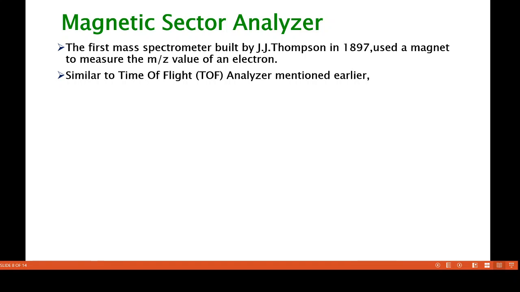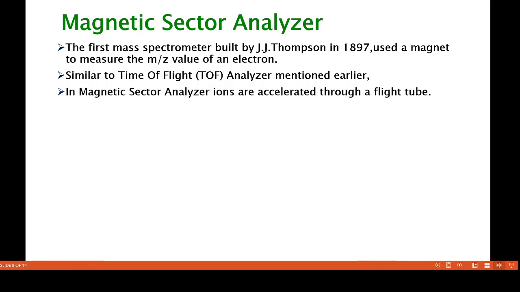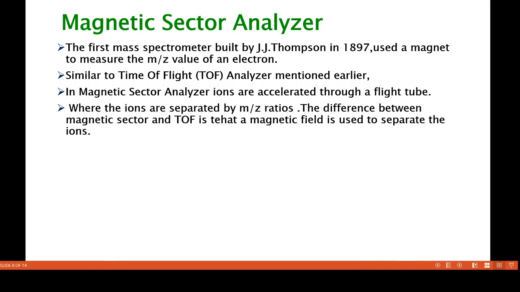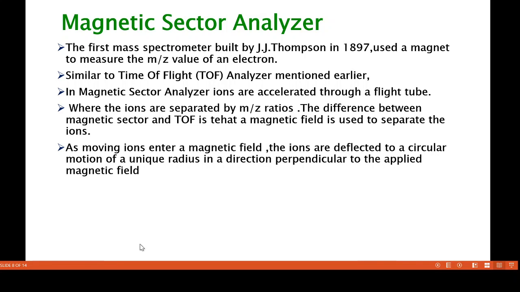Similar to the TOF analyzer mentioned earlier, the construction is the same as TOF. In magnetic sector analyzers, ions are accelerated through a flight tube where the ions are separated by m by z ratio. The difference between magnetic sector and TOF is that a magnetic field is used to separate the ions. Here,